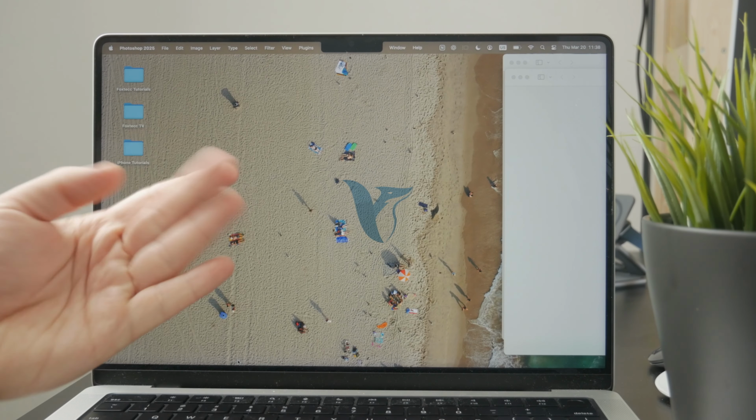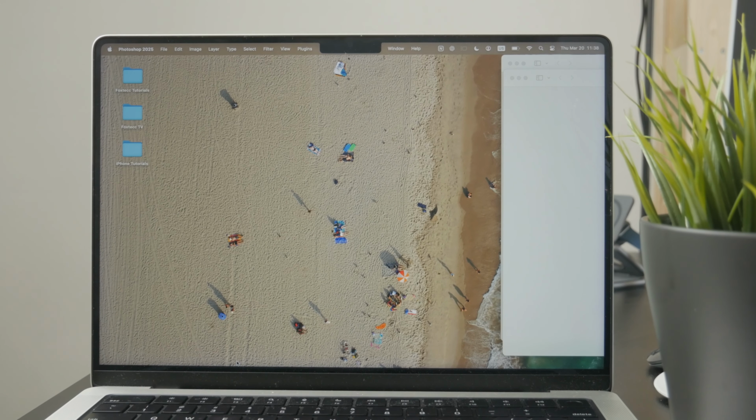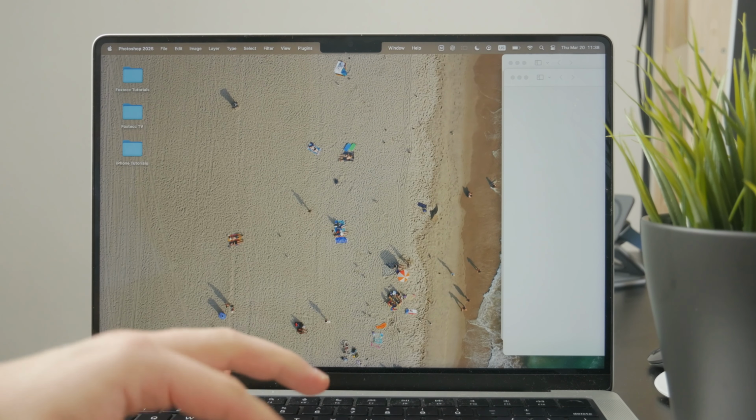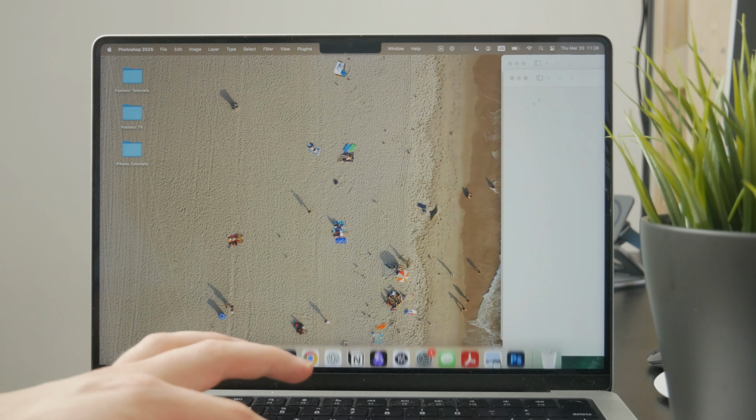Now, this is how you can convert a JPEG to PNG on your Mac computer. Let's get into it. So at first, the easy method is using an online converter where you can look it